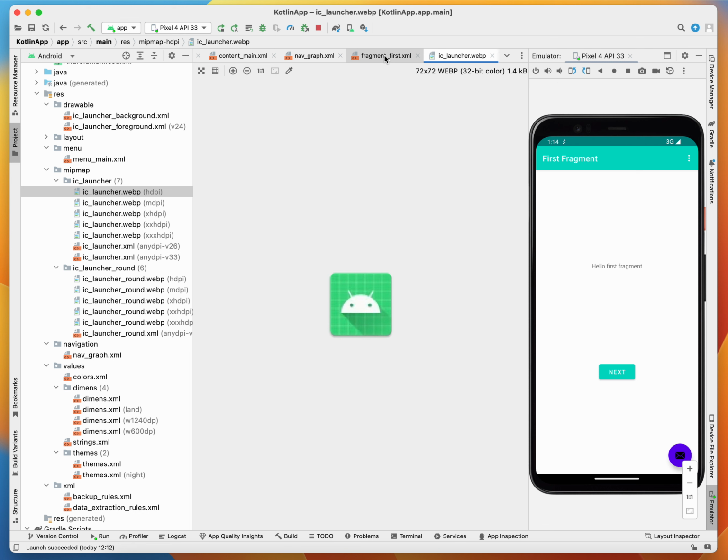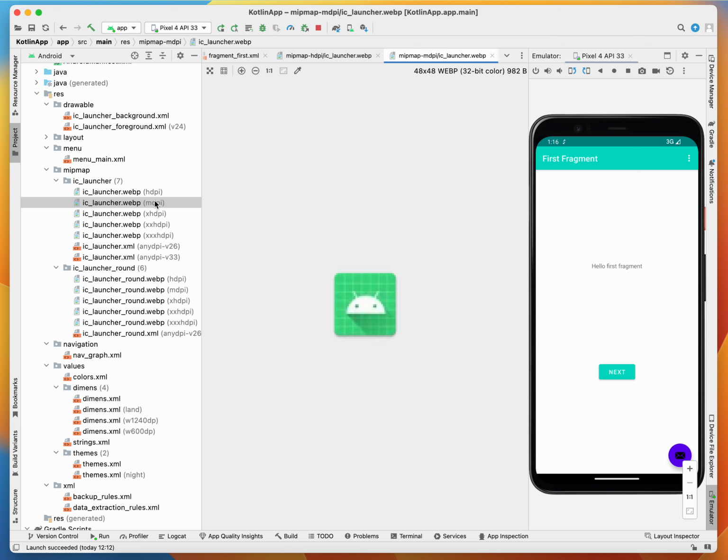And you can have extra high, and you can have any dpi pixels, of any dpi. And you can also have a TV dpi, which is pretty much for television, like resources for television. But the most important concept that you have to understand is the base dpi, the base density bucket,